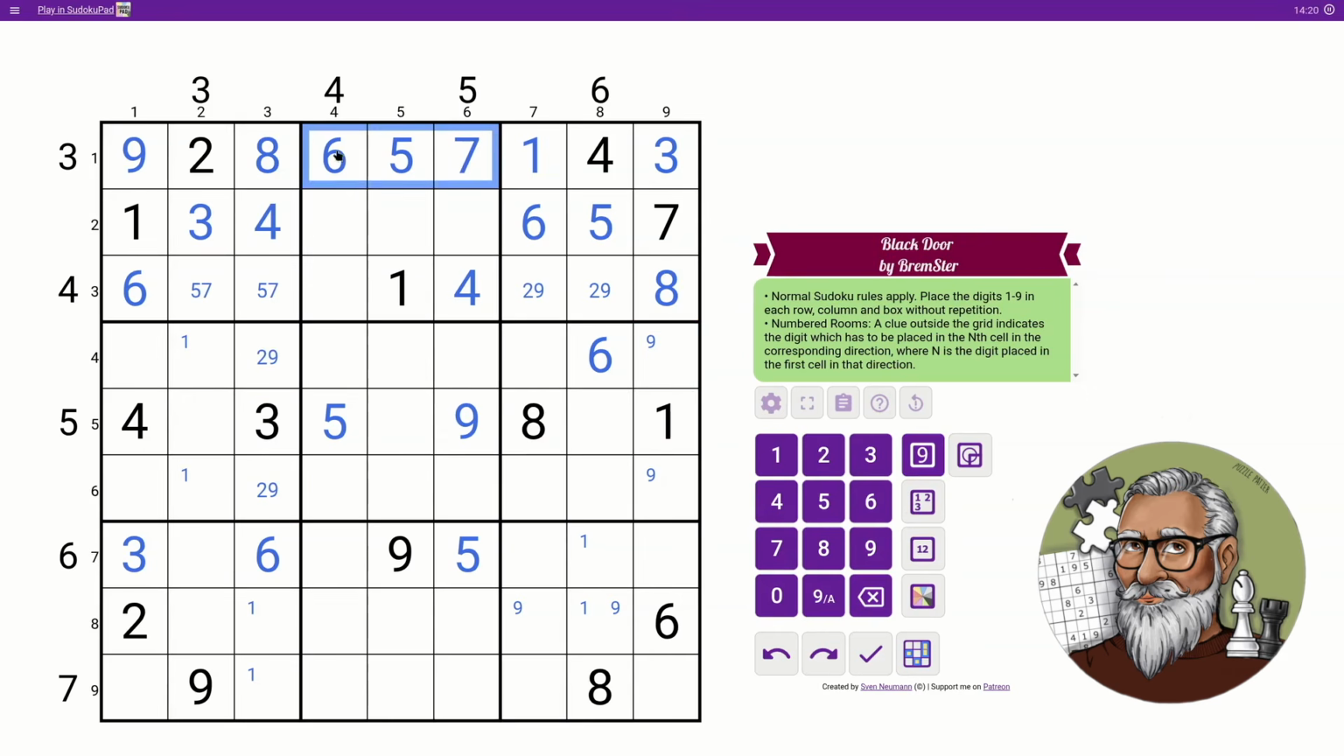Now if we look at box number 2, columns 5 and 6 can't have 9s anymore. And row number 3 can't have 9 anymore because there's definitely a 9 here. So this one isn't a 9. And that's the last position for 9 in box number 2. Now,